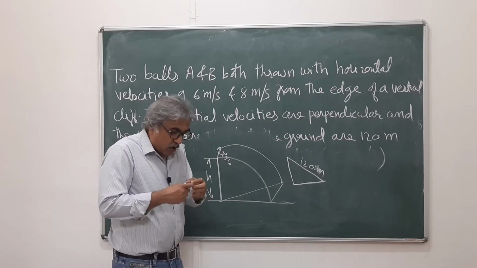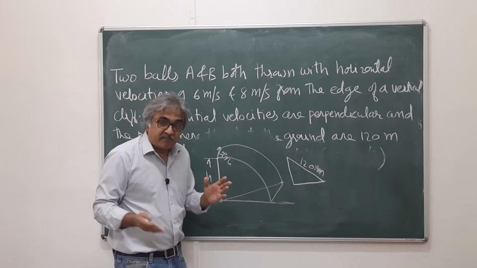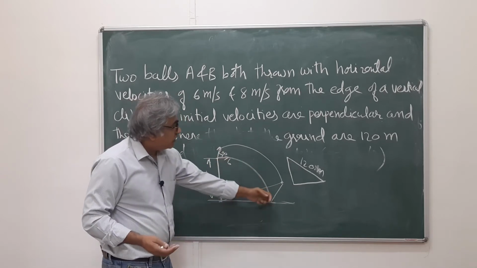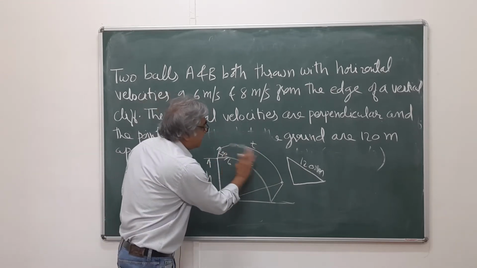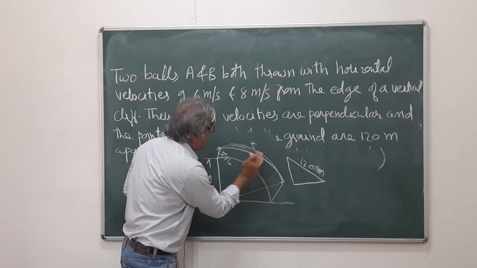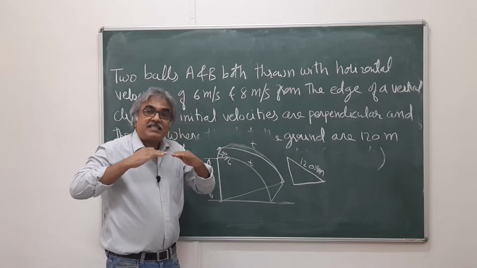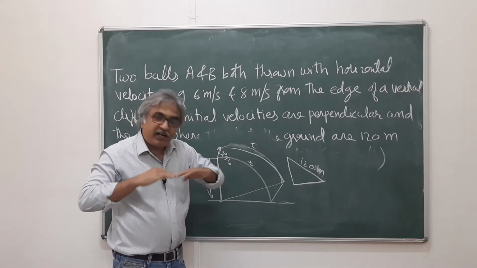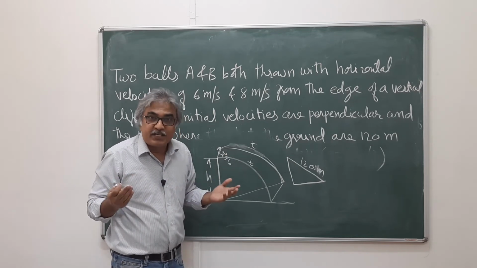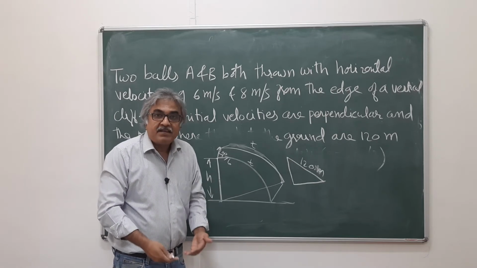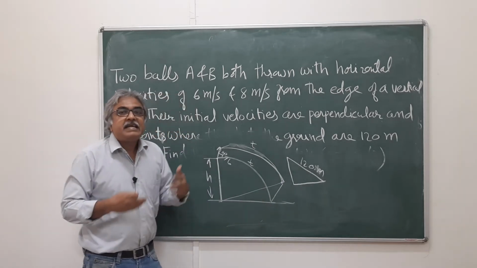So you can consider the balls being just dropped, because these are two projectiles, and the time, please note, the time required for both these balls to reach the ground is same. Why is it same? It is same because both the balls are from the same height, and their horizontal velocities are different, but their initial vertical velocity is 0. They have to get displaced by the same vertical distance, so the time required is same. So the balls are going to reach the ground in same time.